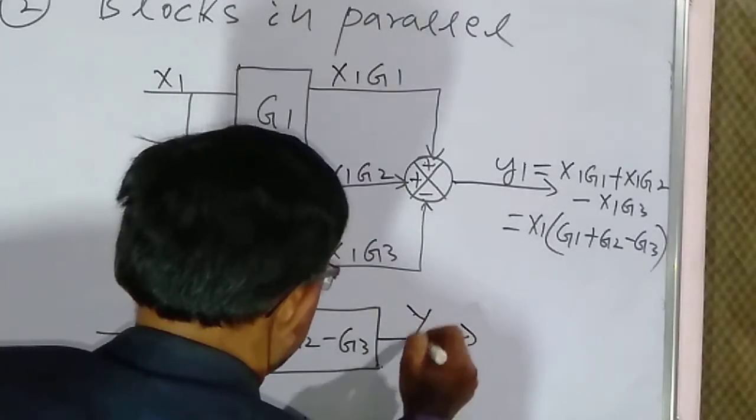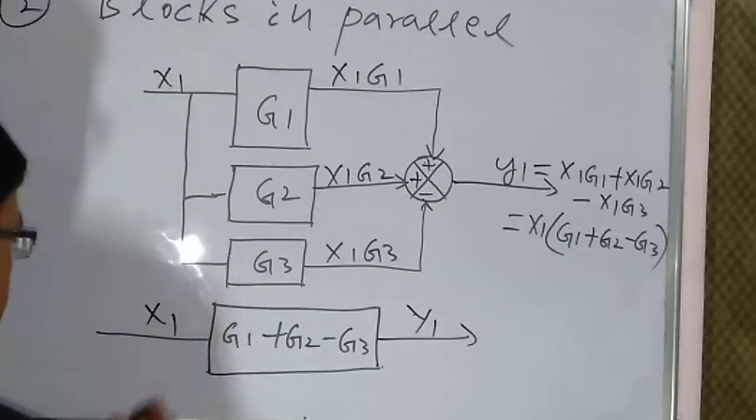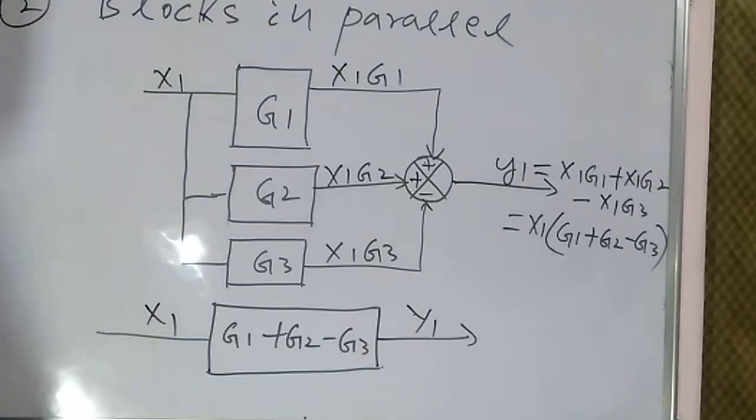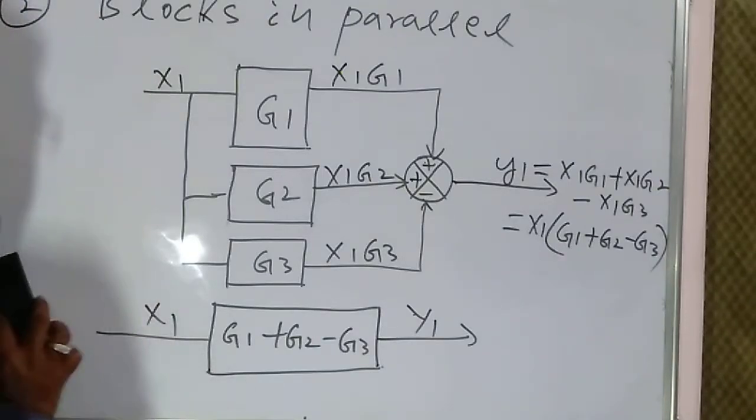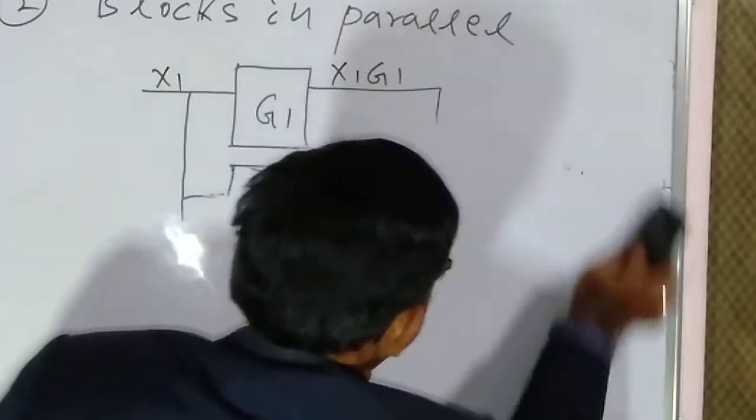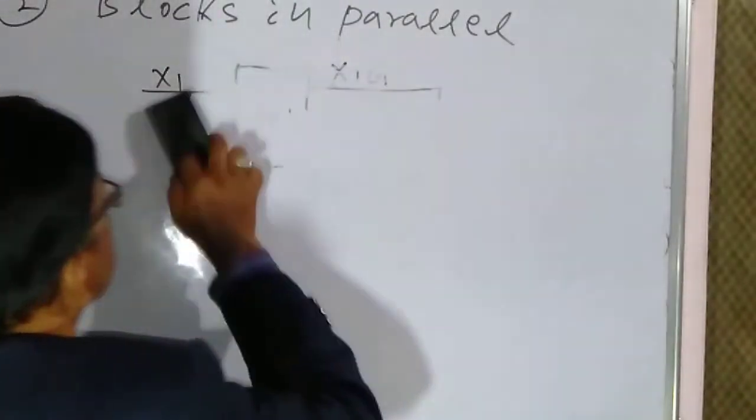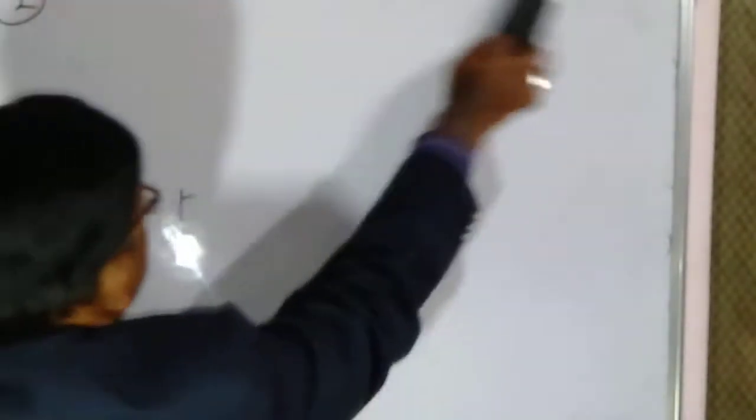So this is rule number 2, that is blocks connected in parallel. Then how to reduce these blocks to a single block. Next we will discuss rule number 3, that is